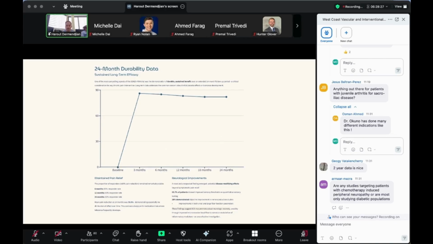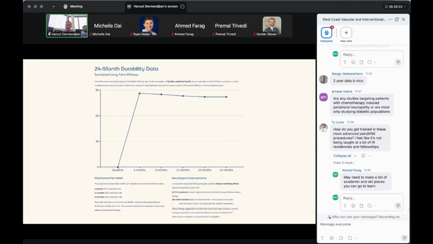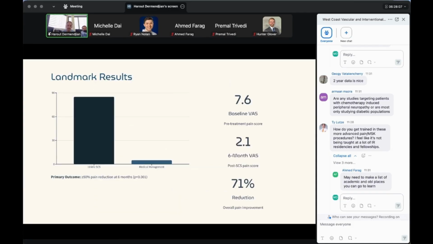And go into the neurological improvements again, right? So 65% of these patients actually showed improvement of sensory function, right? So they were starting to get some sensory function back. And about 28% showed this on nerve conduction studies. So this is an area that I think should be explored some more. It could be very important, especially in our PAD population who have numbness as well on top of the burning sensations. Again, this just shows how well it was, like a landmark study with a great success over medical management alone.